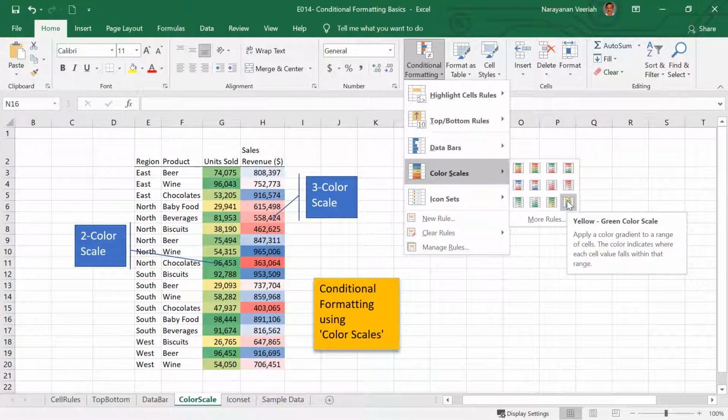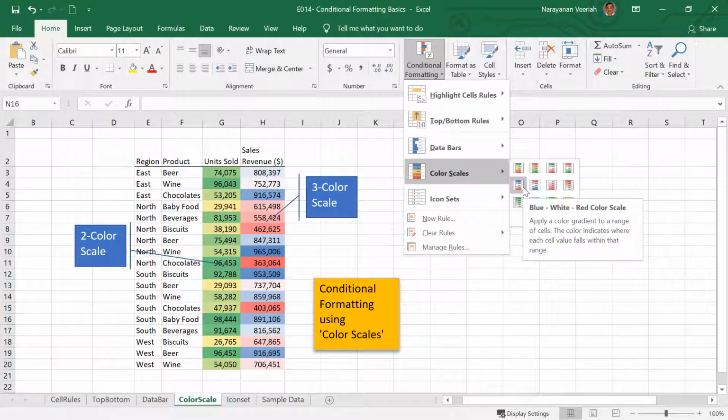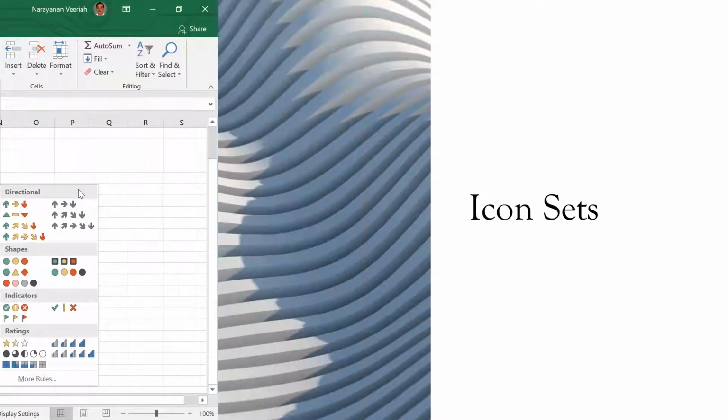Use the color scales as visual guides to understand data distribution and variation with the scales containing a gradation of 2 or 3 colors. The shade of the color denotes a higher value or lower value or in between values. In a 3-color scale with blue, white and red, for example, you can format in such a way that the blue color denotes higher values, red for lower values and white the middle values.